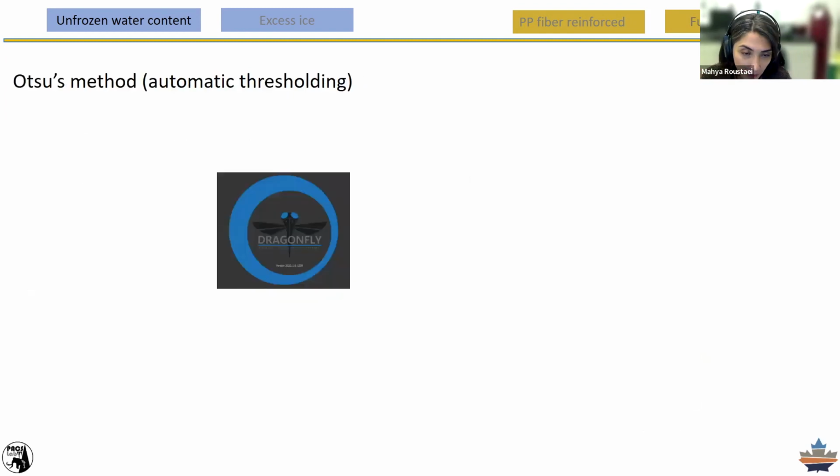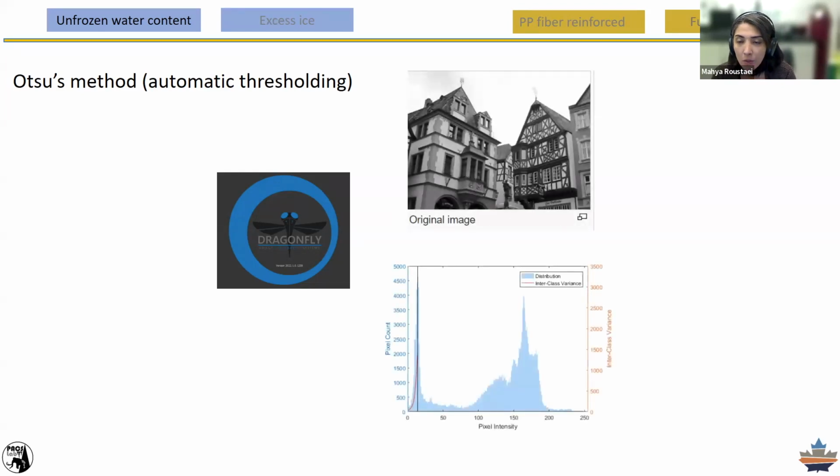But the significant challenge of working with CT images is the image processing part. We use Dragonfly as a very good scientific platform for image processing, and we found a good and very reliable automatic thresholding method or algorithm in this software, which is called the Otsu method, and it's mainly working